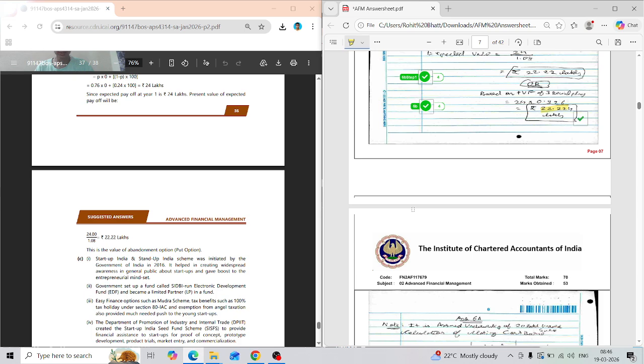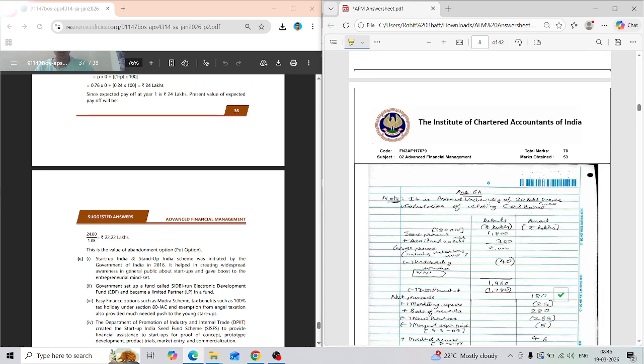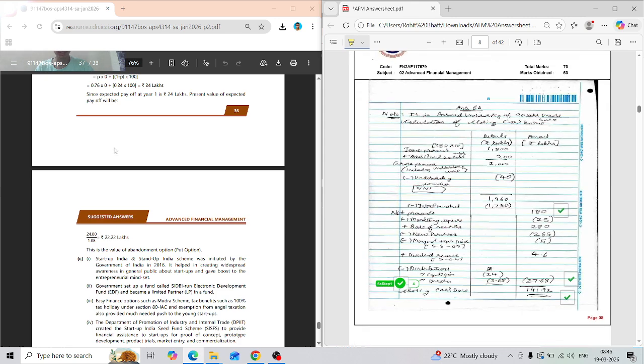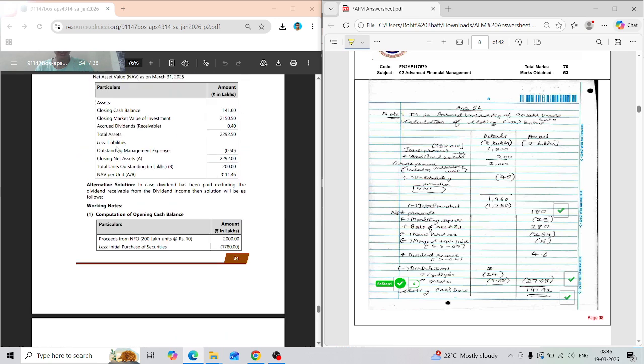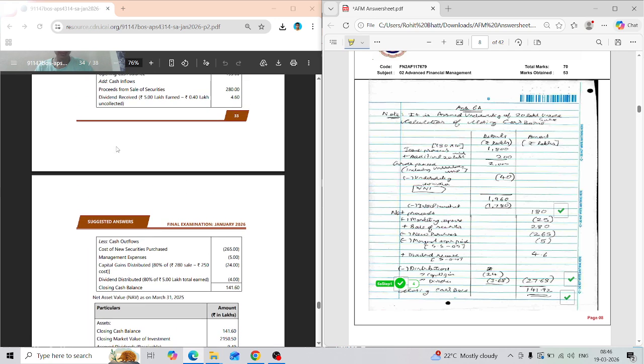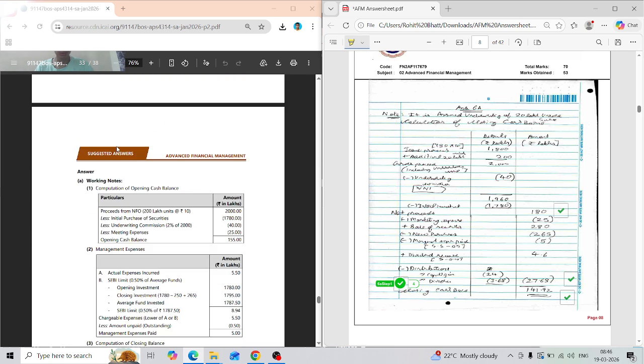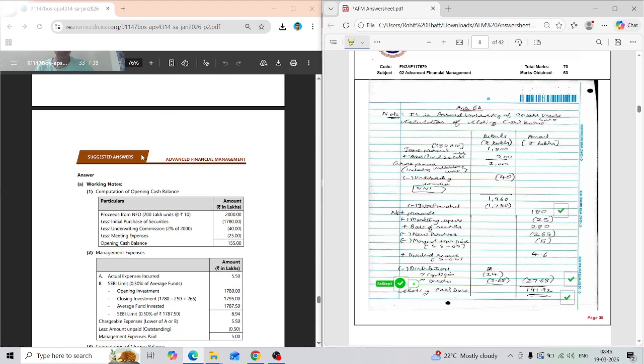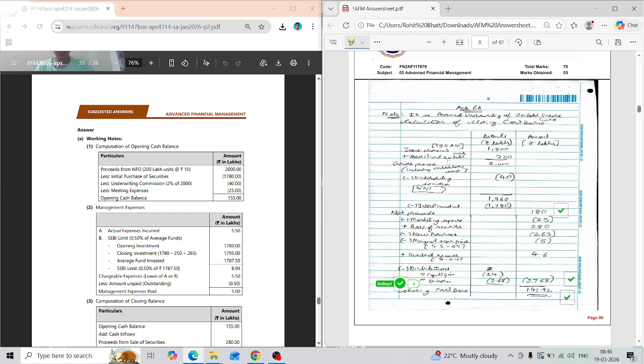Next, I have attempted 6C first, then 6B, then 6A. All parts of the question should be attempted together. So this comes the new question 6A, which had some new questions, and surprisingly I could score full marks in this. In 6A, if you see the calculation of opening balances, I have not exactly shown this balance of 155, but I have arrived at